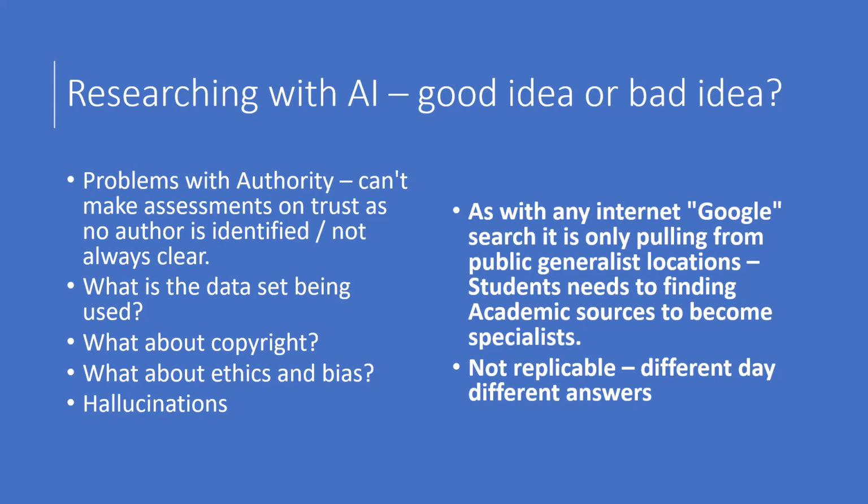It's generally aimed at people looking for publicly available information, and at university specifically, we're looking to move from generalists into being specialists, and therefore we need to start going to academic specialist locations, which are not typically available for free via the standard Google search. Not saying that you can't find good information that way, but typically it is not presented that way, and therefore the systems are not going to prioritise that academic information over the generalist information,